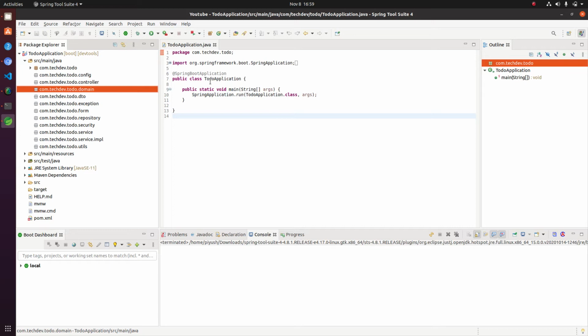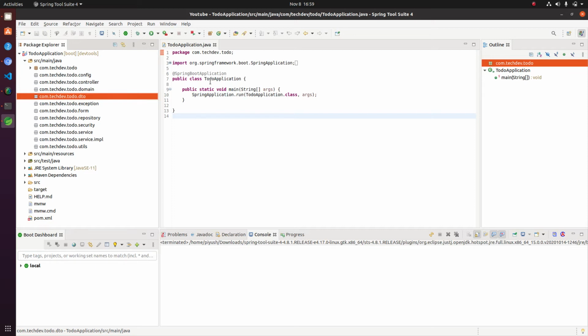Domains are basically used, or I am saying the domain here is a database class or entity, meaning a table in the database. And after that we have created a DTO package. The DTO package will hold the returned JSON, or some details we fetch from the database and give back to the client.